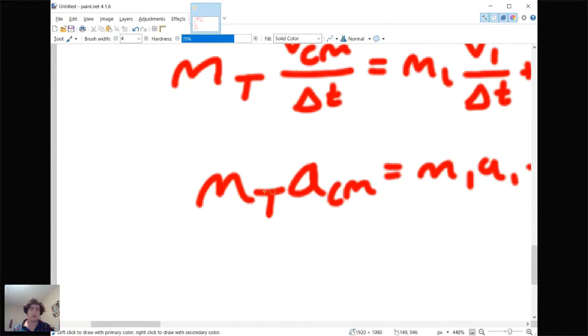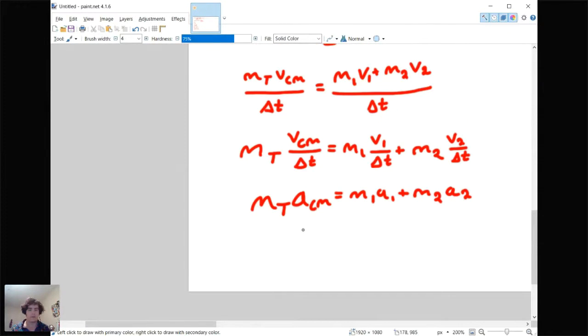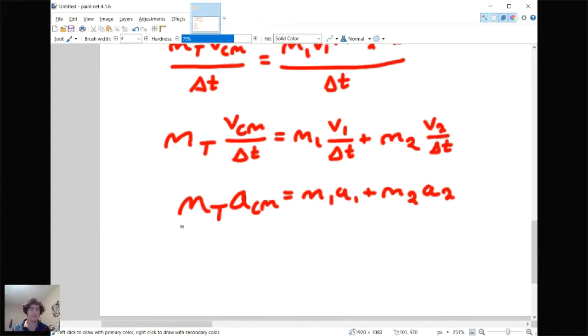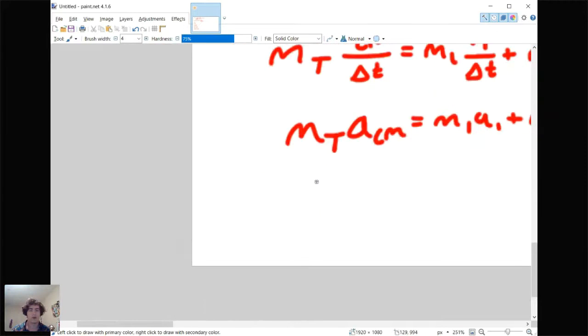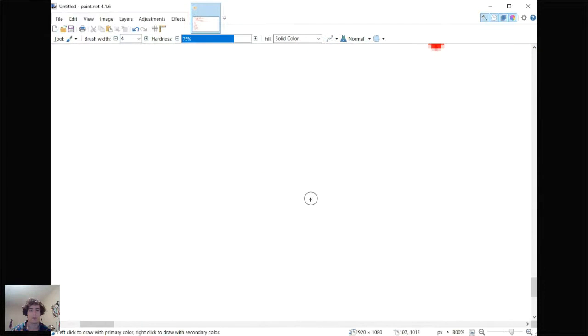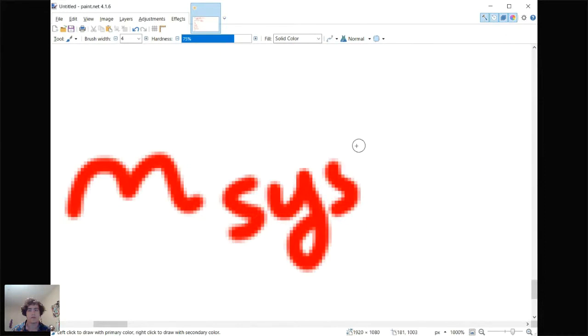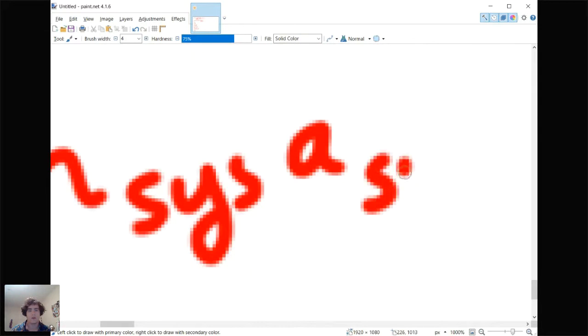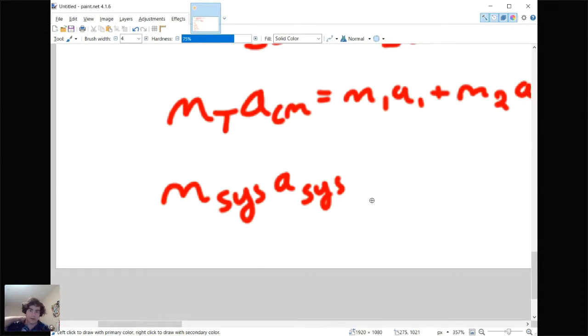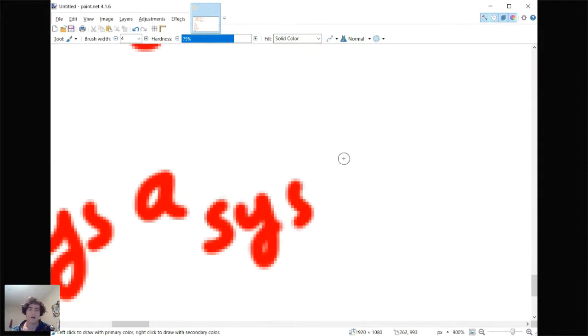So this quantity right here, the total mass and the acceleration of the center of mass, when we talk about the acceleration of the center of mass, is also just the total acceleration in a way of the system. So if we were treating it like one object, the total acceleration would also be the acceleration of the center of mass. So they're the same quantity. So I'm going to change these two subscripts and make them the same as M SYS, that stands for system, A SYS. So mass of the system times acceleration of the system. And that's going to be equal to,